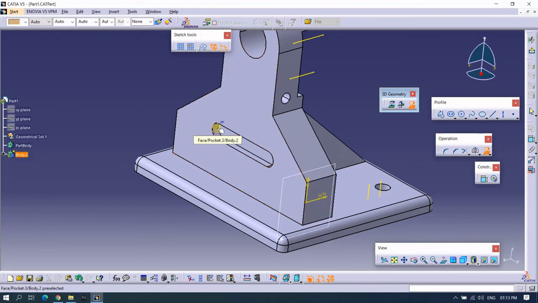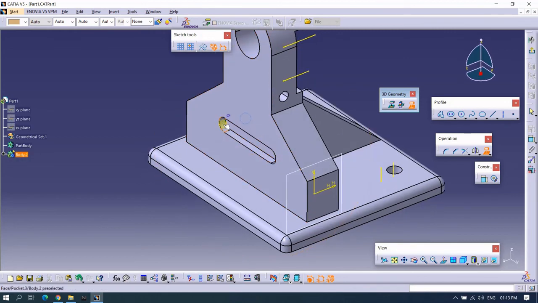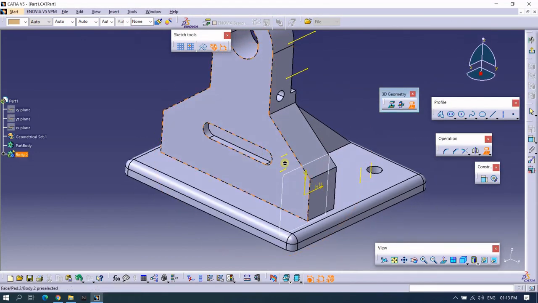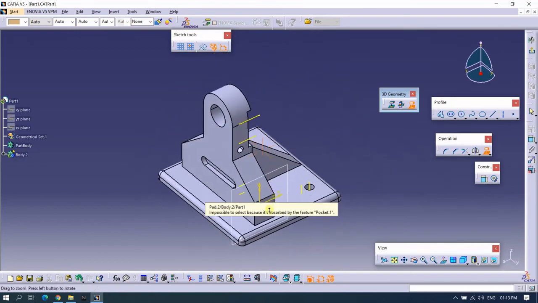So this needs to be projected. I will select this and you can see here it got projected. In this way, you can select and project the edges of a conical surface only whose axis is parallel to the sketch plane.